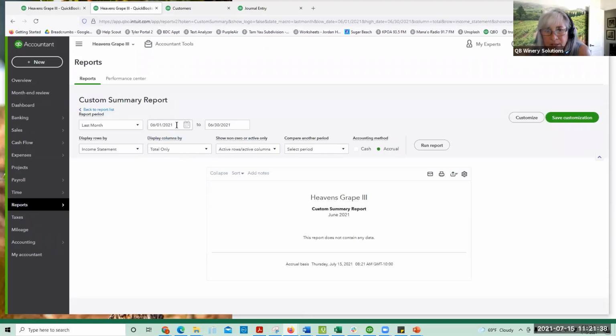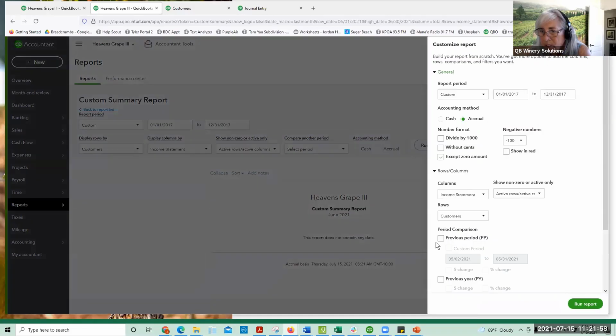I'm going to pop in my dates, which is going to be 01/01/17 to 12/31/17. My rows are going to be by customer, and this process is identical over in desktop. My rows are going to be by customer. My columns are going to be by income statement. And then I'm going to customize. I'm going to customize based on